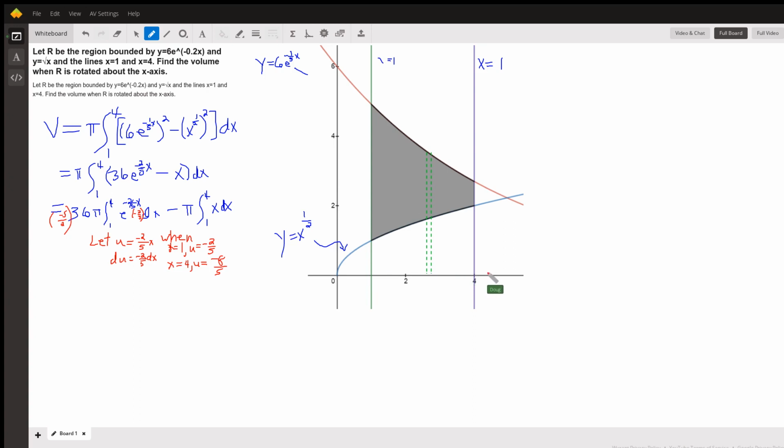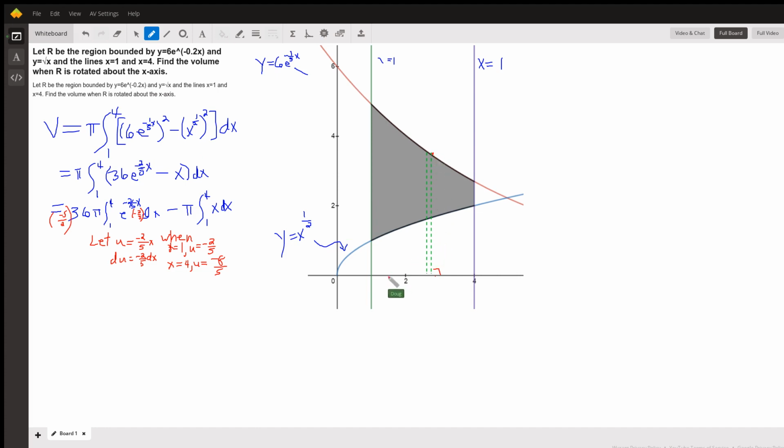about the x-axis. So it looks to me like the washer method is what we're going to want to use. So our typical cylinder is going to be perpendicular to the axis of revolution. And then we're going to use outer radius squared minus inner radius squared, or pi times the definite integral from 1 to 4 of, there's the outer radius, that's the distance from the axis of revolution up to here, and